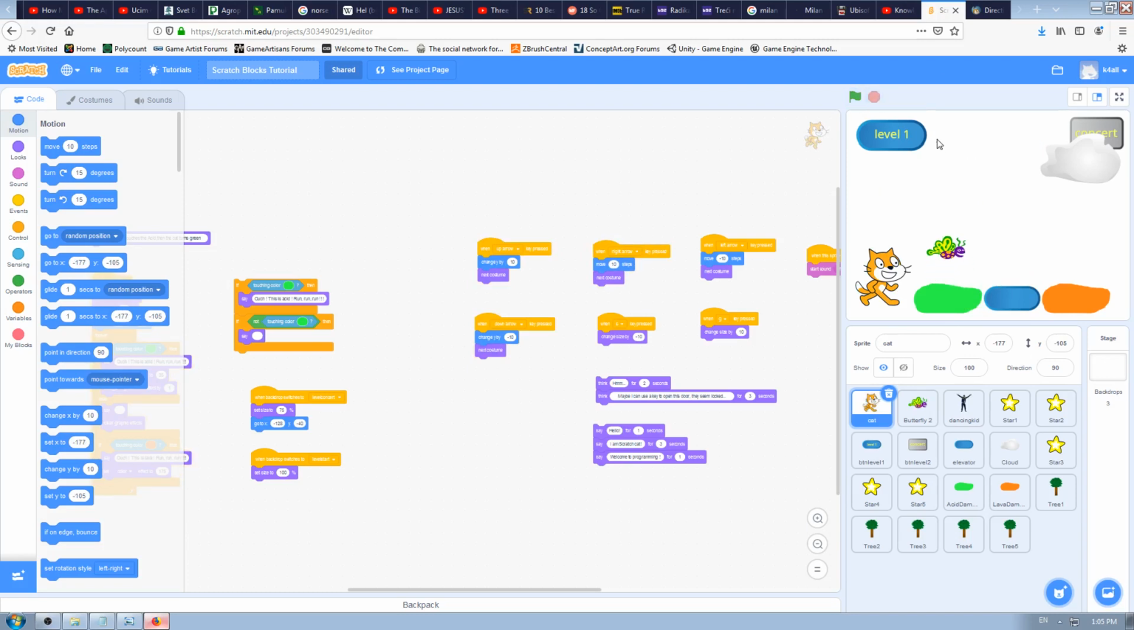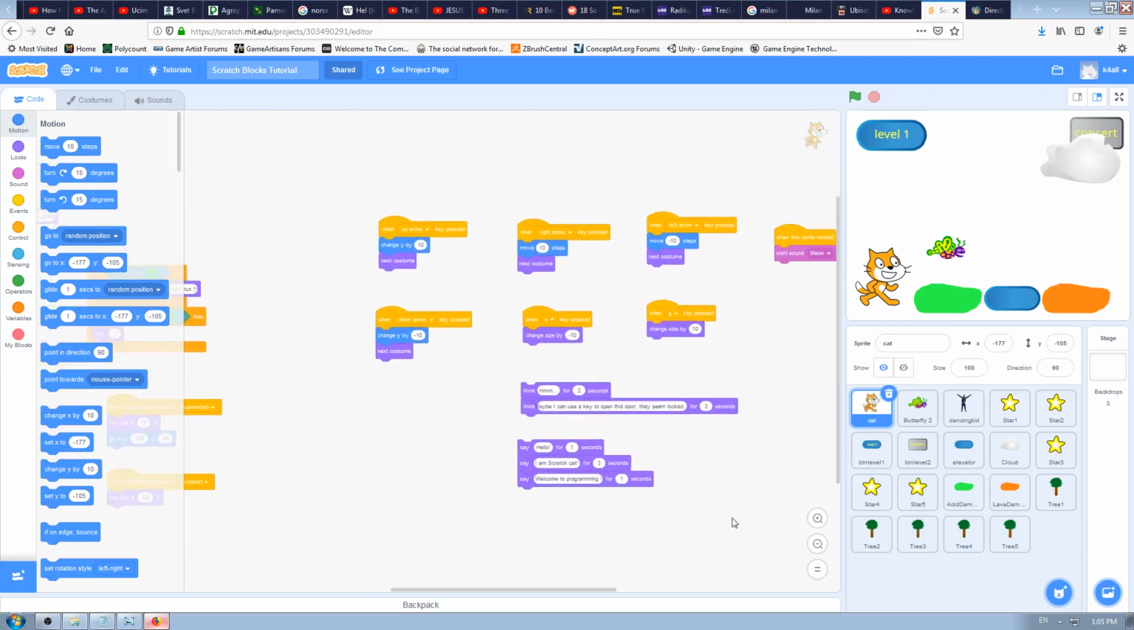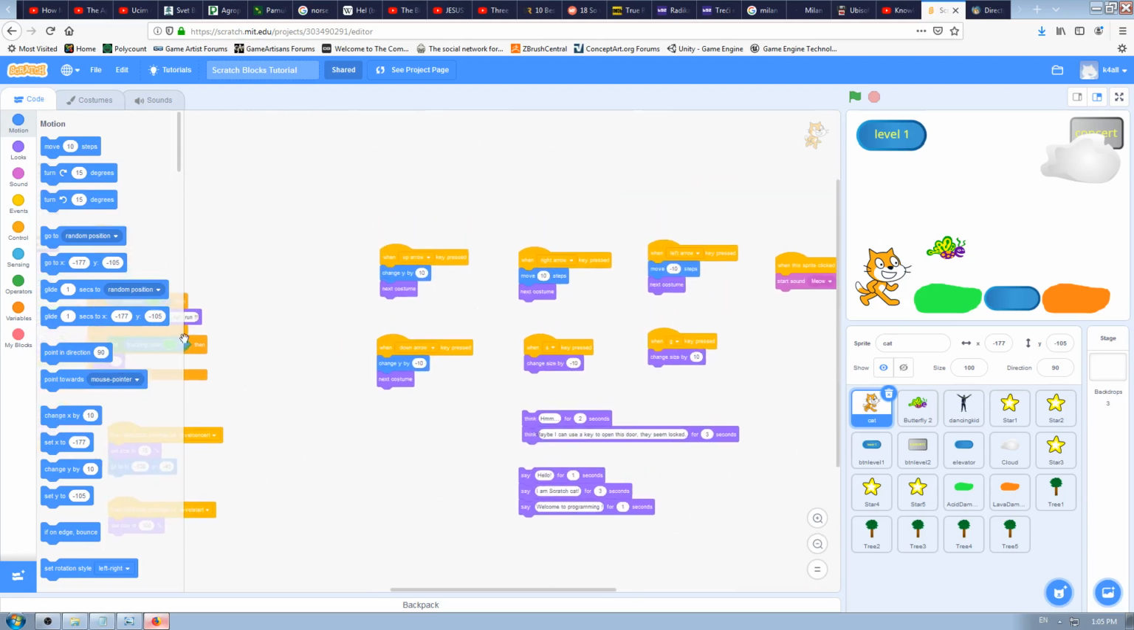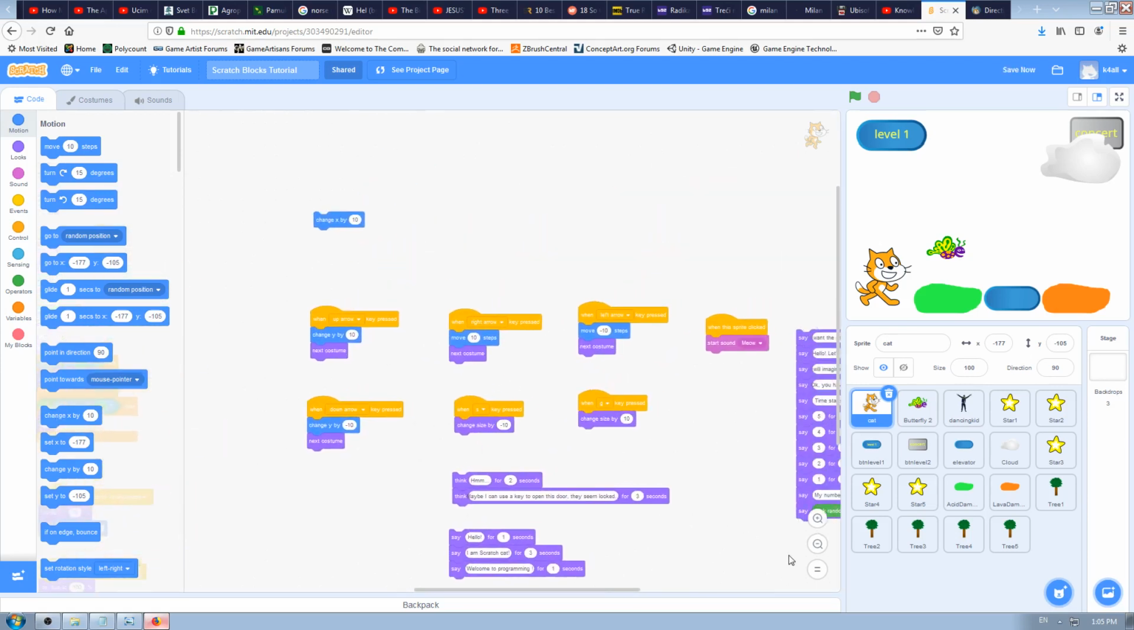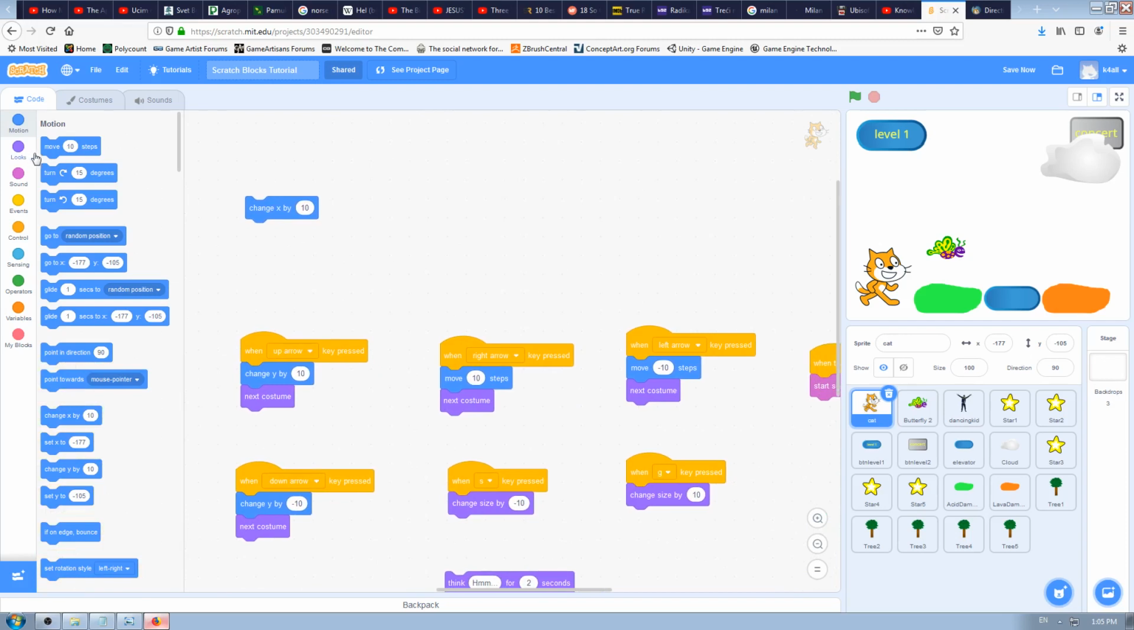Okay, cool. So let's start now with explaining our new block. This new block, change x by, I will drag and drop it to the Scratch coding window. I will zoom it a little bit. It is one of the motion blocks. It is a blue block, and this change x by block is dependent on